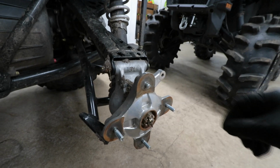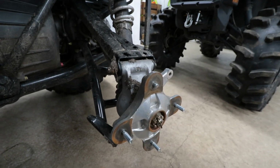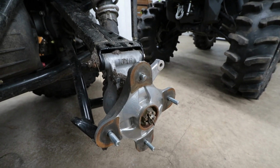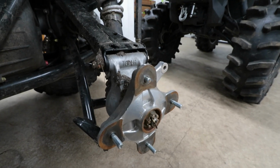So it's as simple as backing this off and then installing the new one. So I'll show you guys what that looks like. And I'm going to go ahead and probably install this to 70 foot-pounds and not 75 for all the lug nuts,